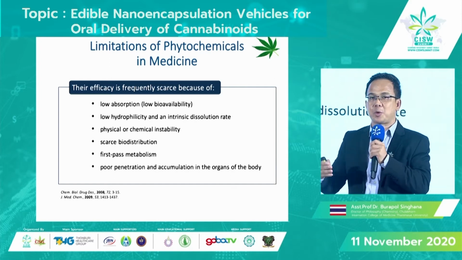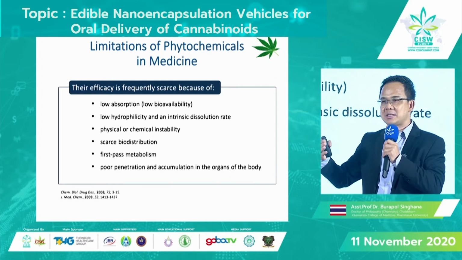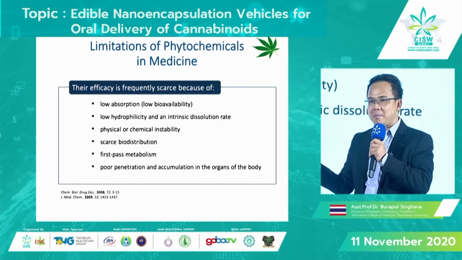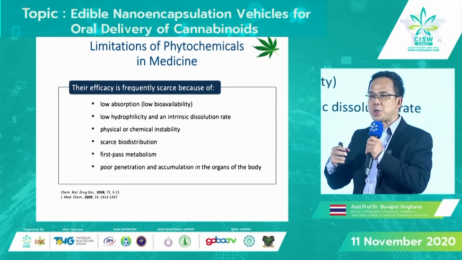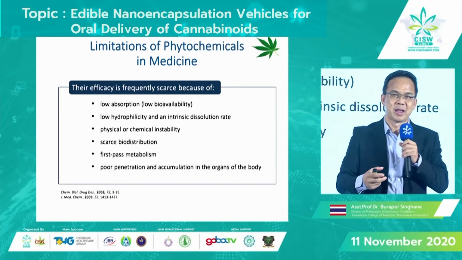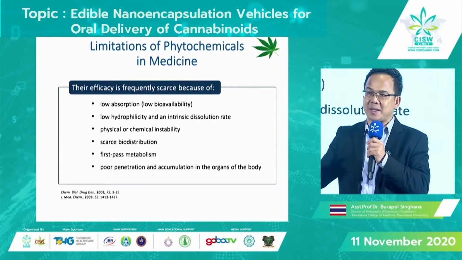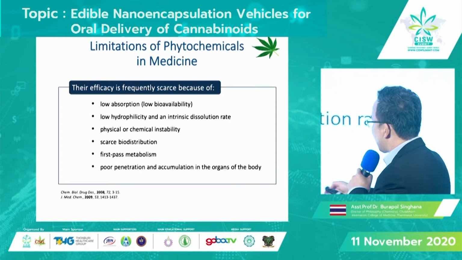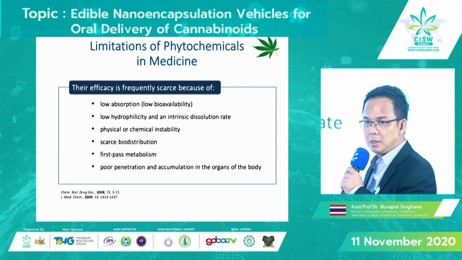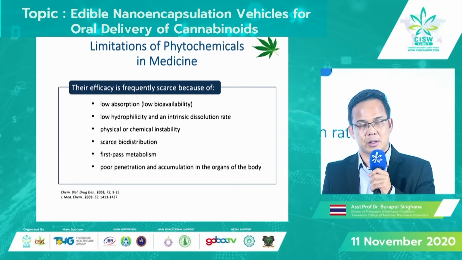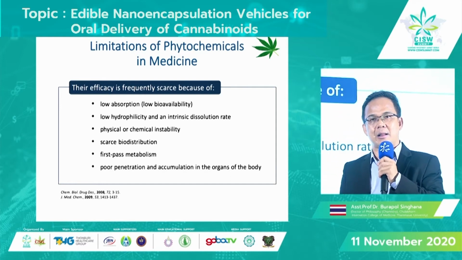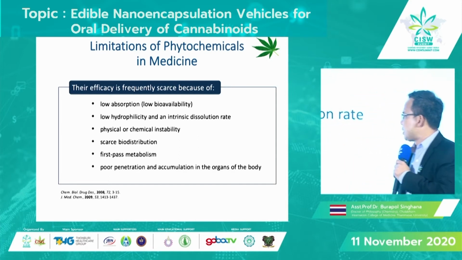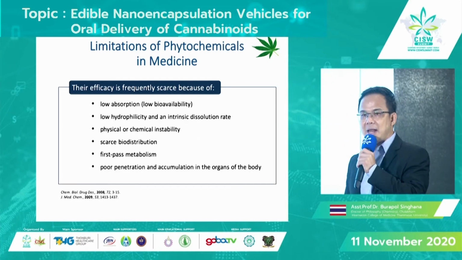Even though we have good activity, some plants and herbs show excellent bioactivity, but you have to eat them fresh. When you want to isolate the pure compound and use it in a clean form, it doesn't work. What's the problem? The first one is low absorption. They are organic compounds, kind of lipophilic, so they show low bioavailability. And the second one, they show low hydrophilicity, they don't like water,